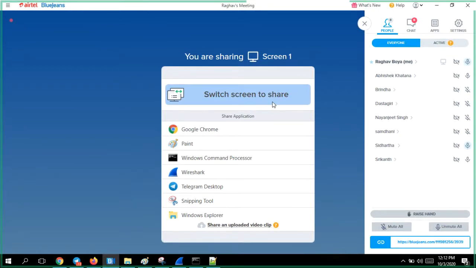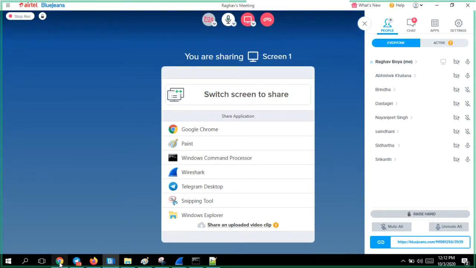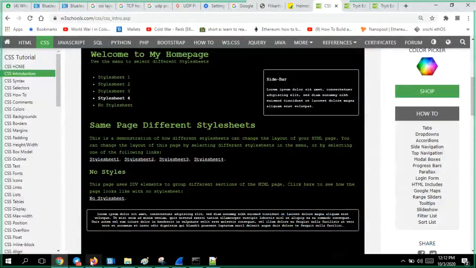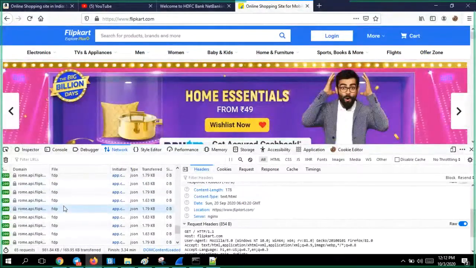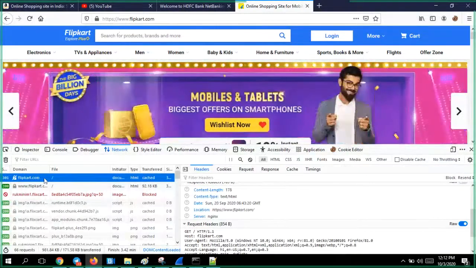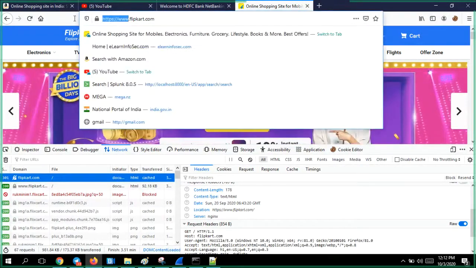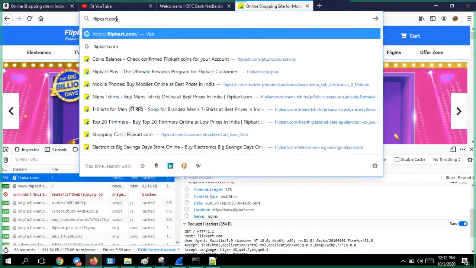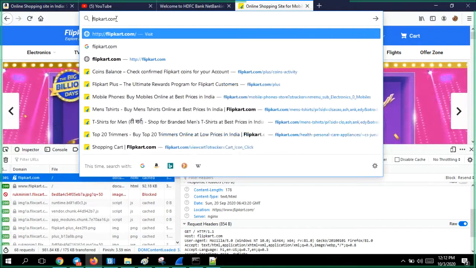Before this happens, HTTPS, something happens here. If you see here, let me show you. You got Flipkart.com, you asked for this website, correct? If you see clearly here, did I put HTTPS anywhere?